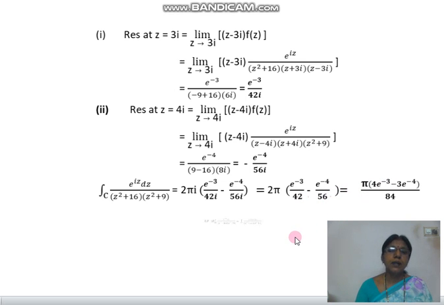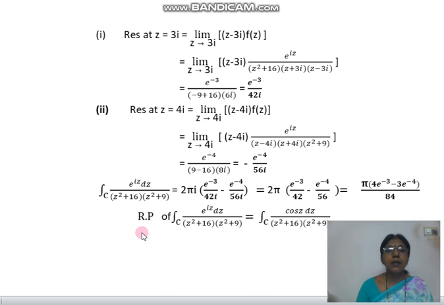Okay, now what is the conclusion? In the problem we have the cos function, so we take the real part of this integral value. This integral value is this one, and there is no imaginary part. The value we got is a real number, so for e power iz to give cos, we let the imaginary part of e power iz vanish. So this integral is equal to the real part of this, which means this one.